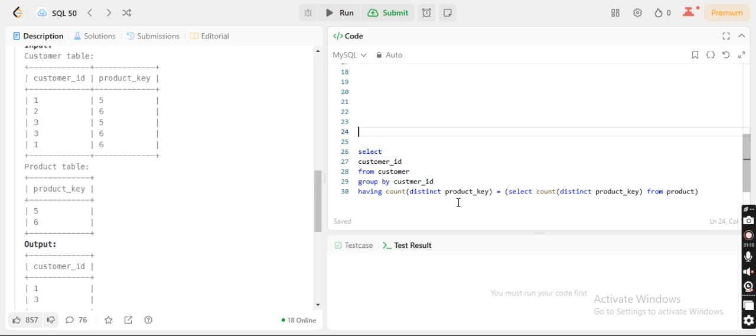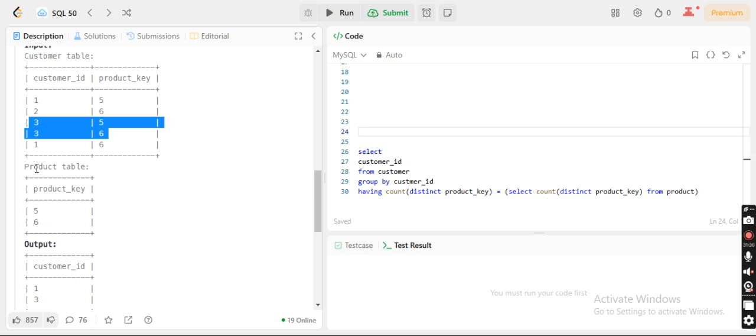So now I am saying count the product key from this. So 1 is having 5 and 6, 2 is having only 6, 3 is having both 5 and 6. That should be equal to the count distinct product key. If you take the count distinct from here, 5 and 6 means 2 is the answer.